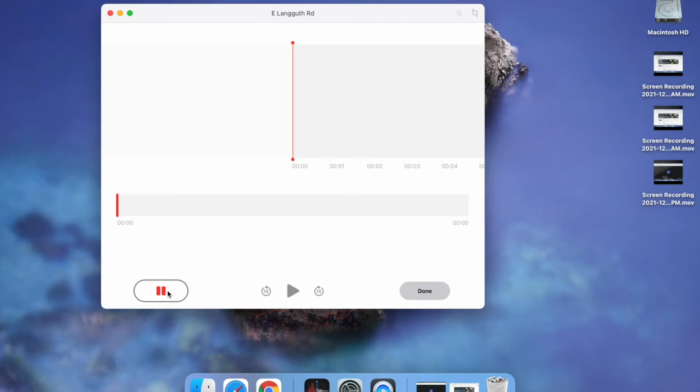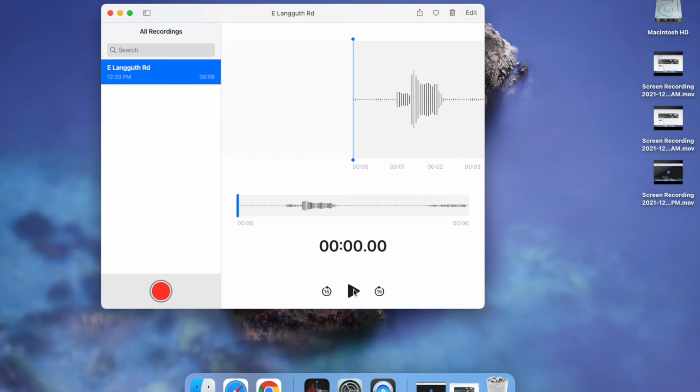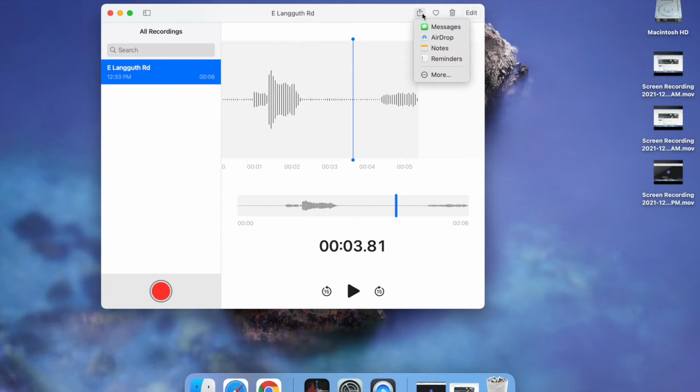I'm going to record. I'm recording now. And I'm going to click done. I'm recording now. So I've recorded one, and then I can go. You'll see an arrow, a little box with an arrow pointing up, and I can share it however I wish